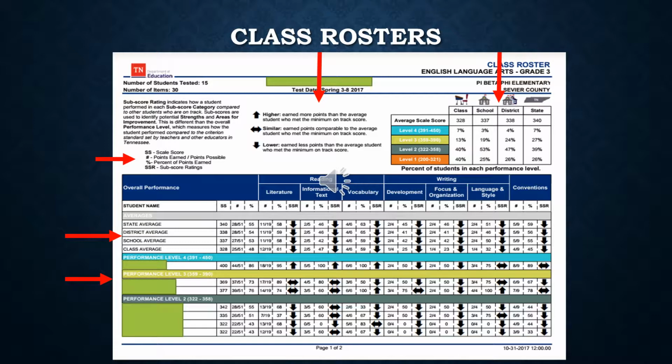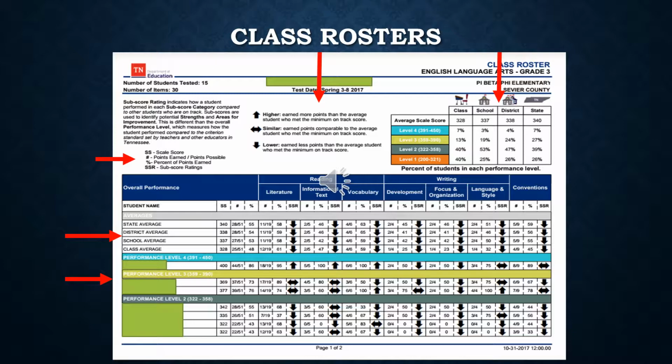There is one level 4 student in this class. He scored above or similar to the minimum on-track score in all but 2 reporting categories: writing development and writing focus and organization. This tells me what this student needs to be working with during RTI enrichment and in small groups in Tier 1 instruction is writing development and writing focus and organization. It also tells me which areas the class is learning well and which areas I may need to try a new strategy or examine the alignment of my assessments to mirror question types of the